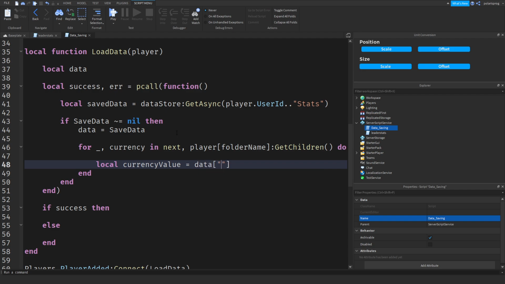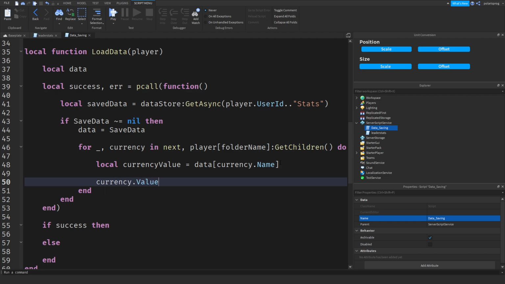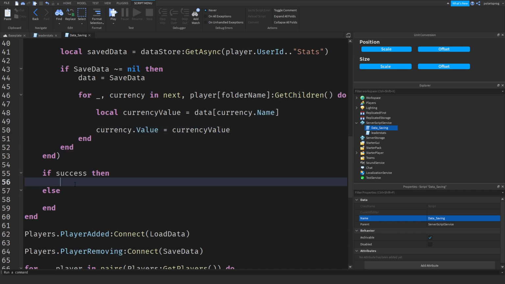We're gonna get the currency name, so currency.Name. Never mind, we already have the value. This already returns the value, and what we're gonna be doing is currency.Value is equal to value. Okay, so if success, then print player.Name data was loaded,